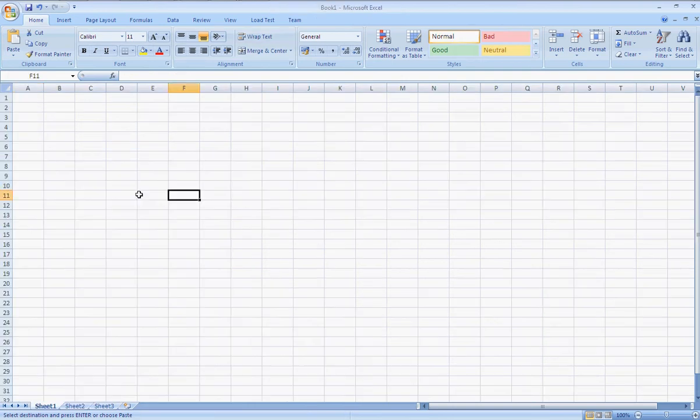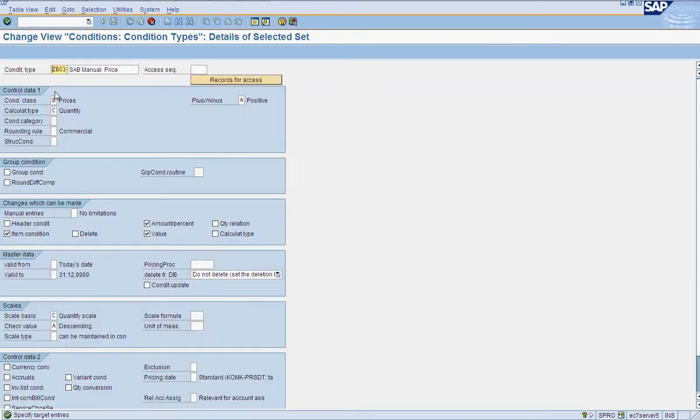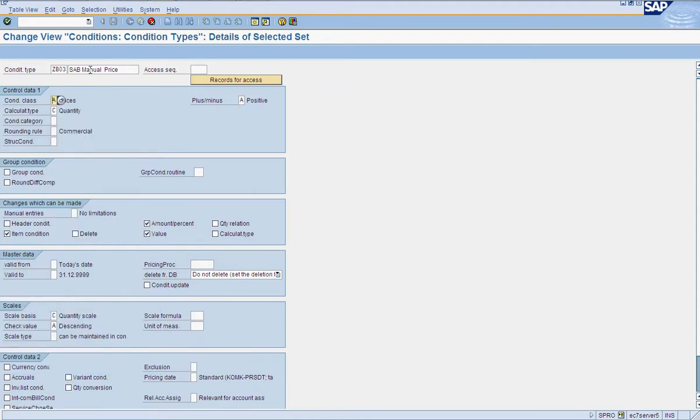Let's even do a surcharge as well here for ZB04. Surcharge is a different kind of condition class, wherein you want to penalize the customer, saying he needs to pay an educational surcharge or anything else, or an environmental surcharge.